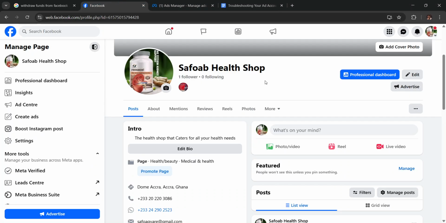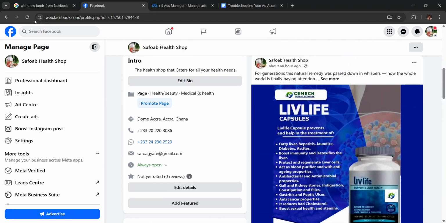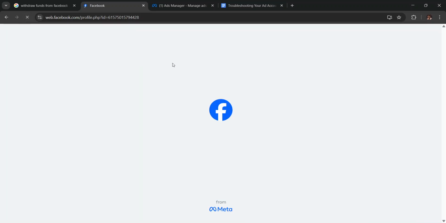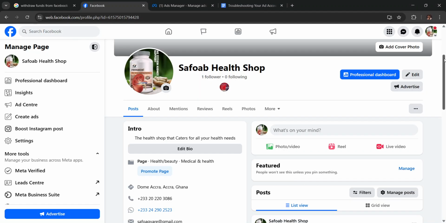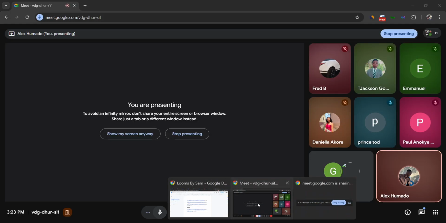So one of the ways we can do that. Let's say, for example, you want to run an ad, right? The first thing that we need to do is, first of all,